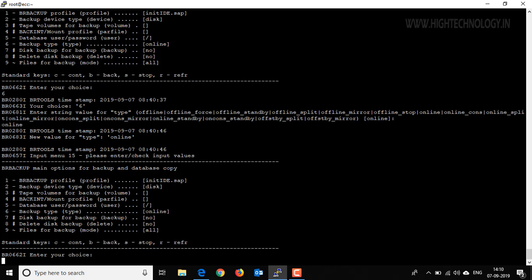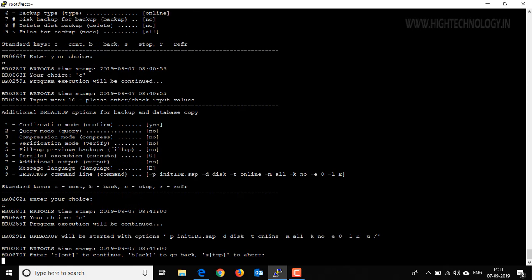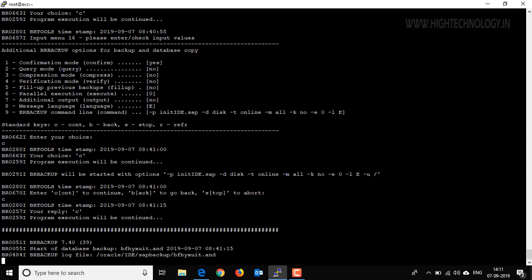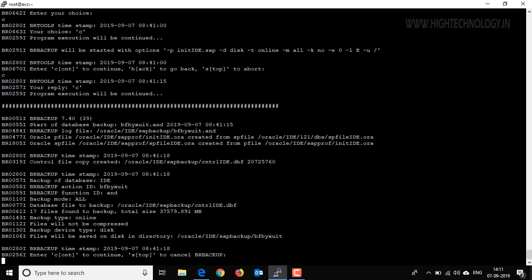So let's press C here, again press C, and this is the command. Press C here, and it will start taking our database backup, and our database backup is going to the SAP backup here. You can check it,